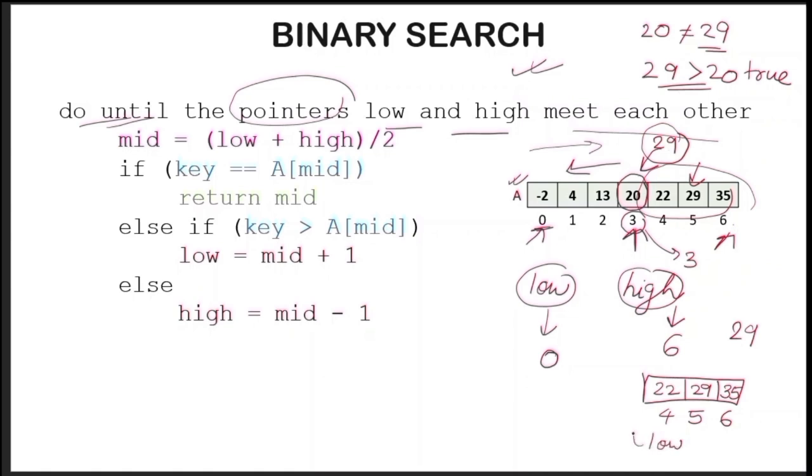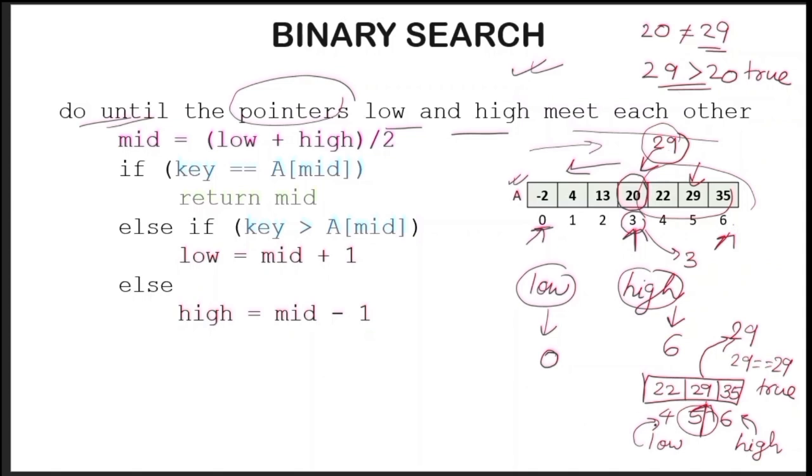Now your low pointer should point here and high pointer is going to point here. This part of the array is searched. The middle element of this part of the array is at index 5. So the middle element 29 is compared to 29. It is true, so the element is found